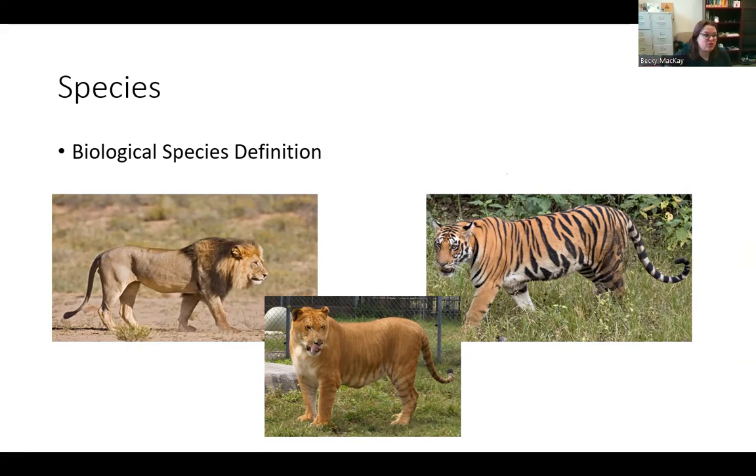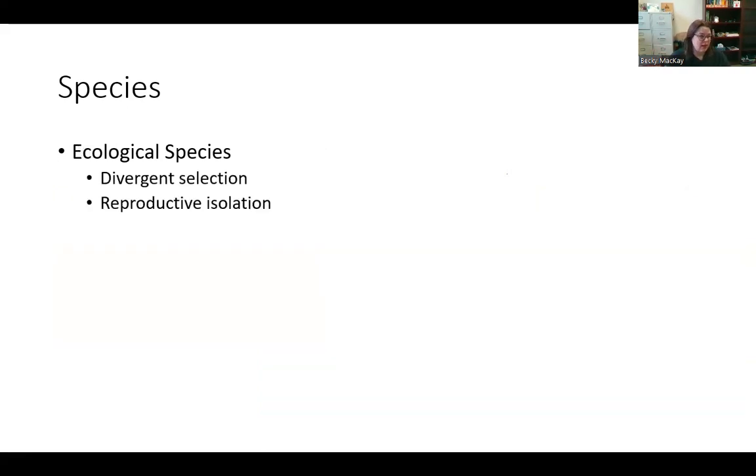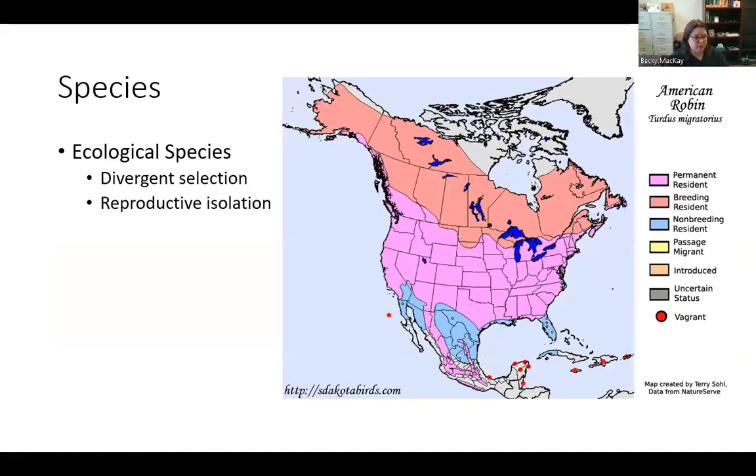So this definition is the one that's most commonly given, but it's not the only definition by any means. Another definition that's pretty commonly used, and being an ecologist happens to be my favorite, but you can do you, is what we call the ecological species definition. And this has to do with where organisms actually live. So we have the American robin, and we have those all over Oklahoma. You've seen them. They're brown birds with a big red chest. They eat worms and things. The early bird gets the worm. That's a robin for you.